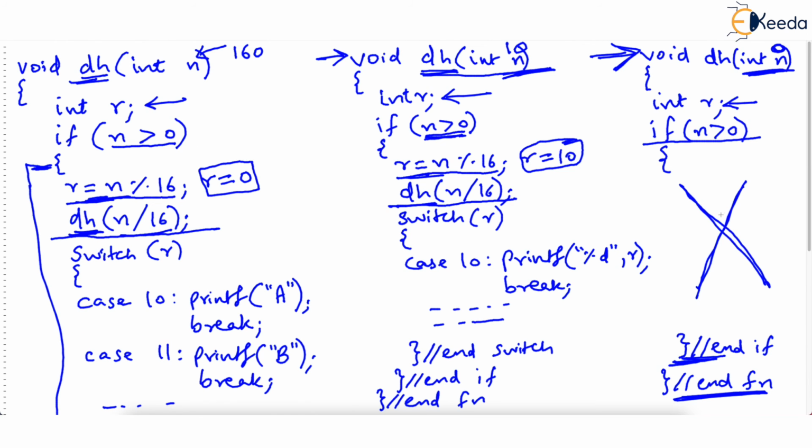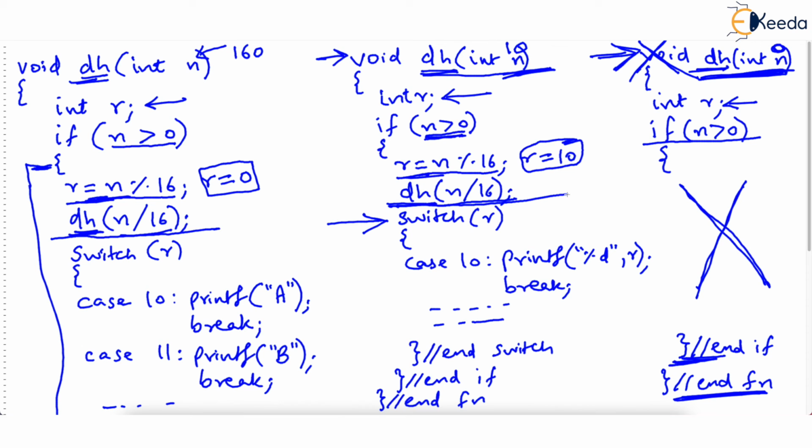So what you have to understand is when dec to hex gets called with the parameter n, the function simply terminates without performing any work because the if statement itself is false. So I am striking out this function. This function ends, agreed? And whenever a function ends, the calling function resumes, isn't it? But from where will the calling function resume? Obviously, now you know that. The calling function will resume from the switch statement, because this function last time had made this call.